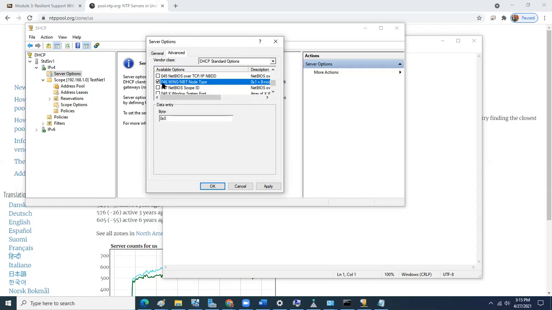That's what that means. So basically, if I leave it 0x0, NetBIOS is enabled. But if I say 1,